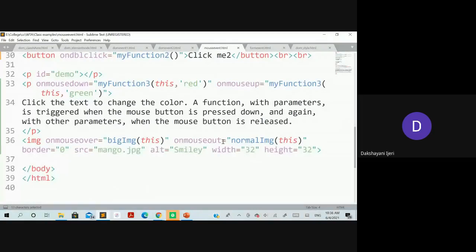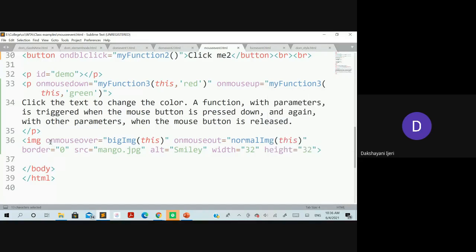Okay, so coming to the further example, it is the on mouse over and the on mouse out. This is for when you move the cursor on a particular content, and when you move it out of the particular content. Do not get confused with these events. As I told you, on mouse down in the sense, keep the cursor of the mouse clicked on particular content, keep it as it is, and some action is going to be performed for this event. And if you release that mouse button, this action is going to be performed.